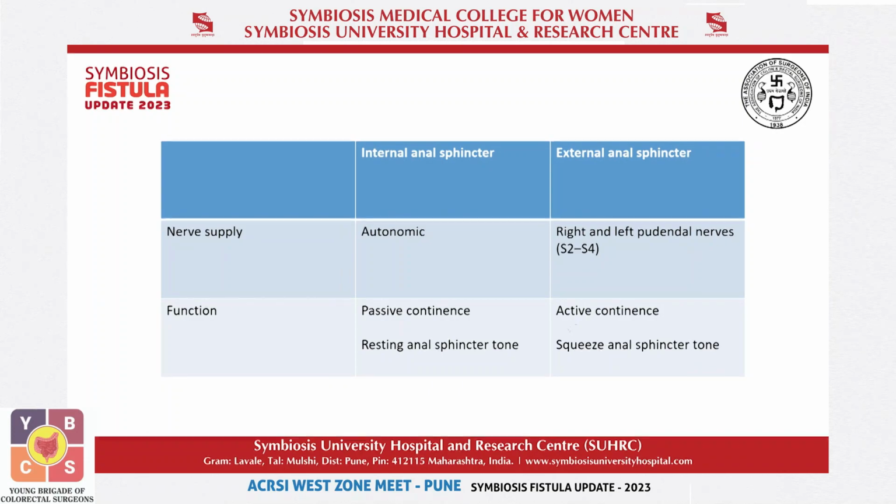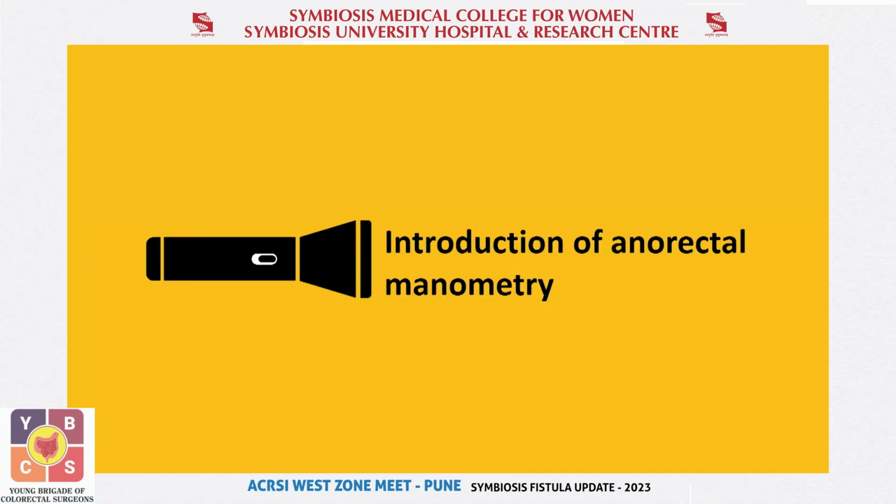Then the external anal sphincter, which is around the anal canal, is a striated muscle supplied voluntarily by the pudendal nerve, and that is responsible for maintaining the squeeze pressures around the anal canal, and that's why it maintains the active continence. To learn these functions in detail, we have a procedure, that is anal